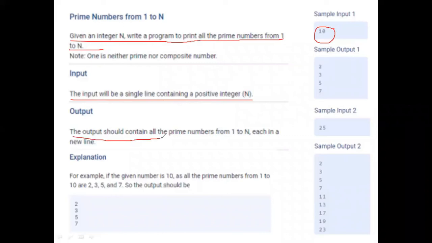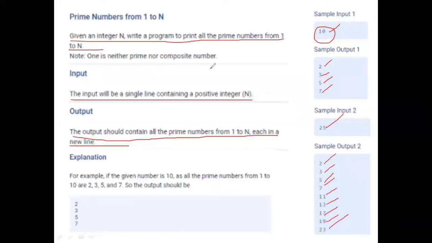The output should contain all prime numbers from 1 to n, each in a line. For example, if I give n value 10, then it prints 2, 3, 5, 7. If I give 25, then it prints 2, 3, 5, 7, 11, 13, 17, 19, 23. All are prime numbers.